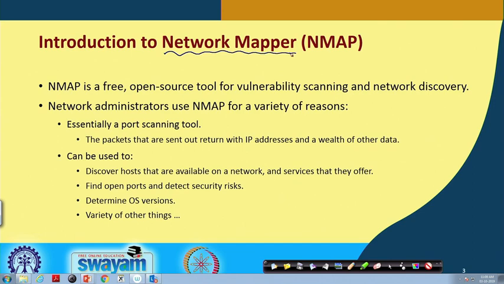It contains not only information about the cities and the towns, but also about the roads, rivers, hills and other things. Similarly, when you are doing network mapping, you are gathering a lot of information about the network to know what the hosts are, which hosts are active, what ports are currently open, and so on and so forth. This is what network mapping is all about.